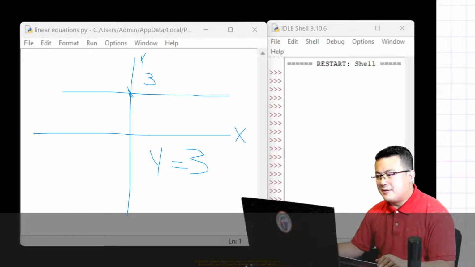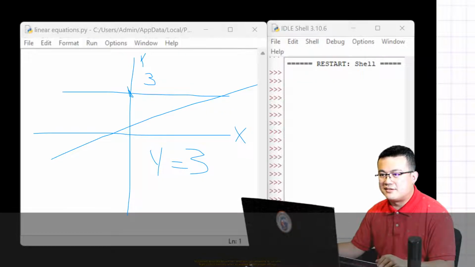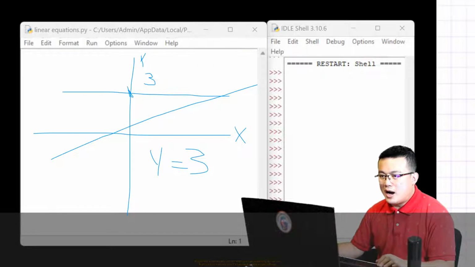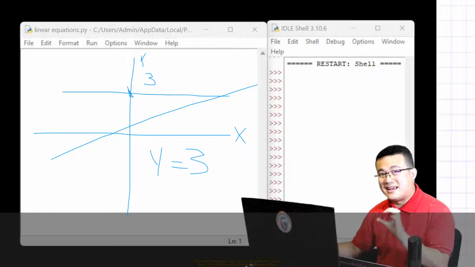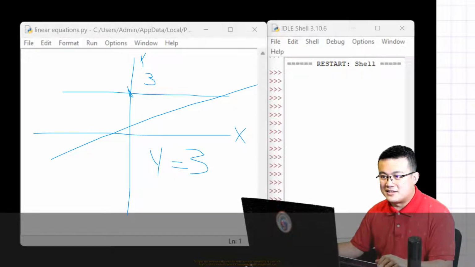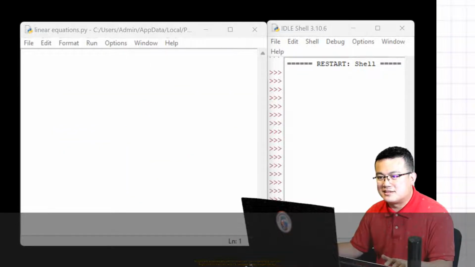Now, if I wanted to make a line that was going somewhere like this through this plane, we'll have to describe it using a formula. The formula is always in terms of y. The y is always on one side of the formula, and then the rest of the formula that has all the x's in it is on the other side of this equation. So let's see how this might work.